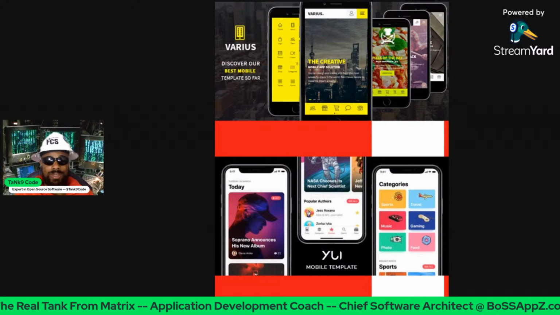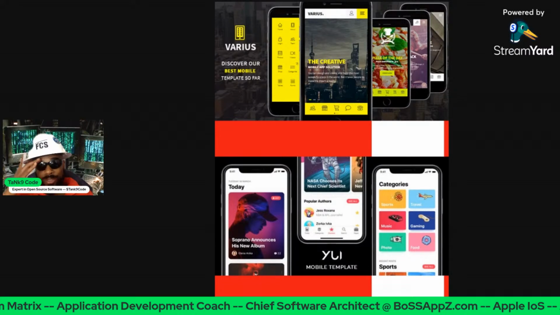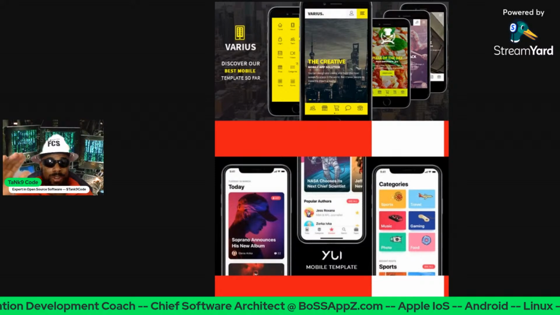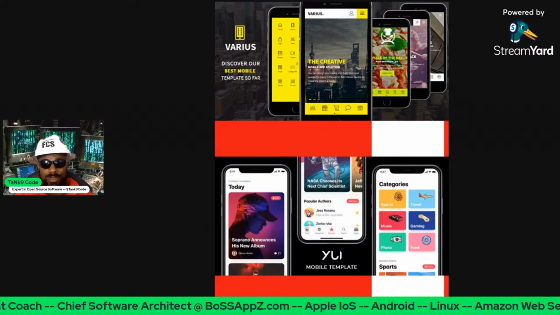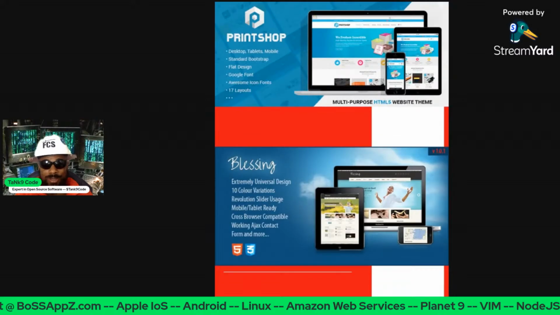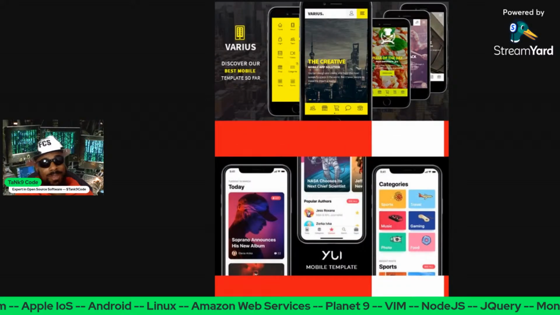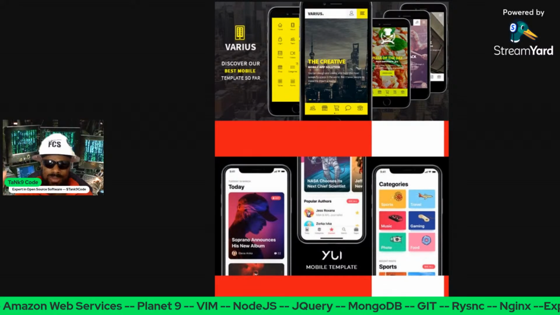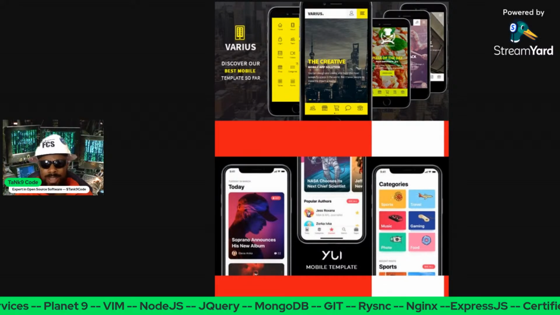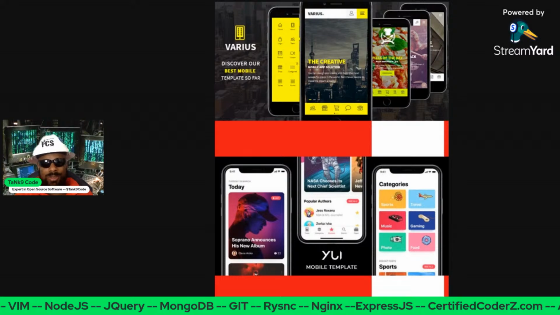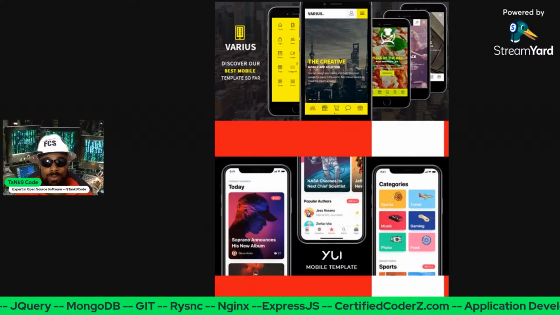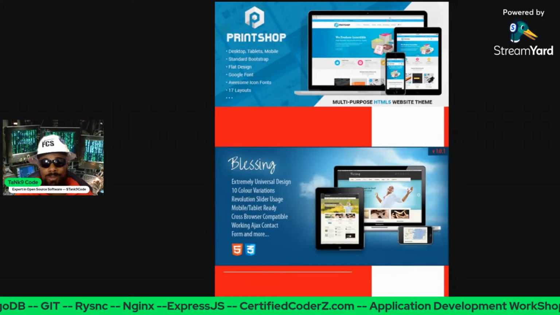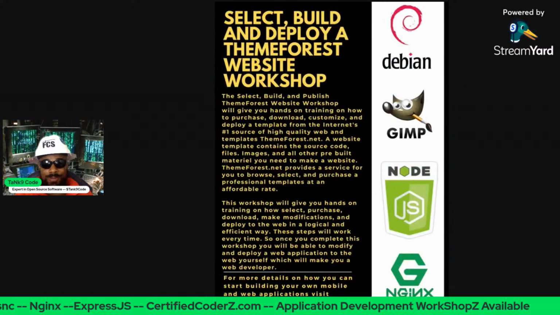We're going to pick out 10 layouts, and we're going to show you how to build a website application. And once you master the website application, we're then going to migrate you to the mobile application. Mobile application development is a little bit different. It's still the same as all application development, but website development and mobile application development are two different systems. So we're going to train you on both. We're going to get your feet wet with the website templates first.